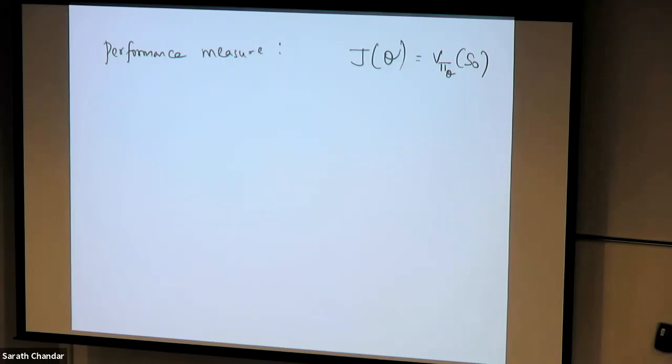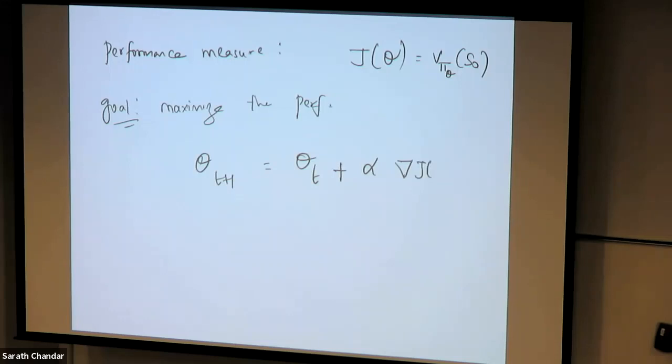But before that, we still have some more discussions here. Now, if I have some performance measure J of theta, our goal is to maximize the performance. In the case of value function approximation, our goal was to minimize the TD error. Here we want to maximize the performance, so we are going to do gradient ascent instead of gradient descent. We update the parameter: theta t plus 1 is equal to theta t plus alpha times the gradient of